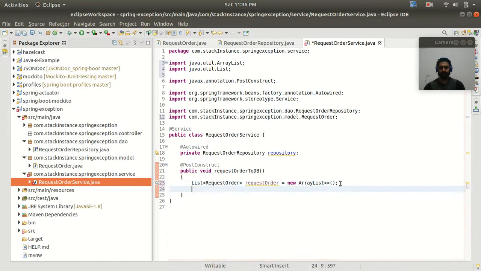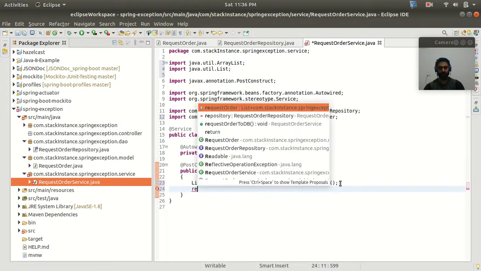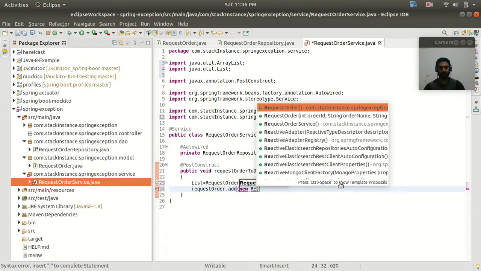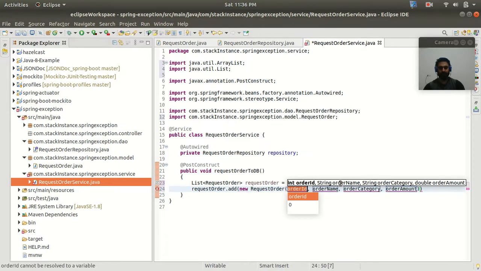Okay, so let me add all the information of the product. So we can use the request order dot add method, and here I will create the object of the request order, and as the id, which is integer type, I will pass 101.